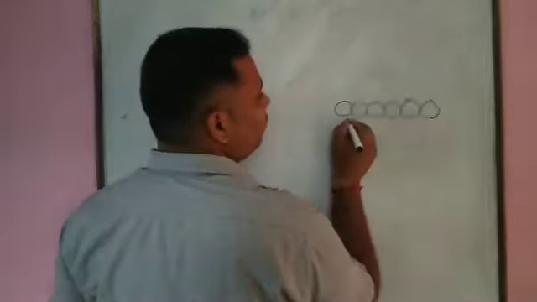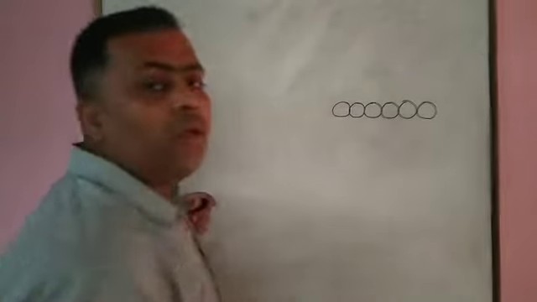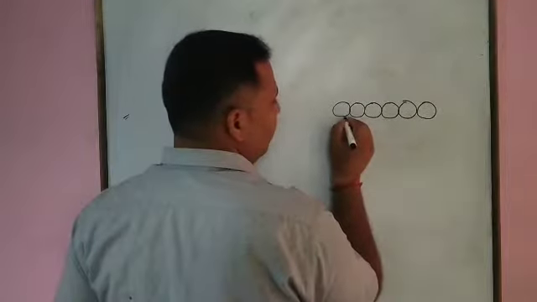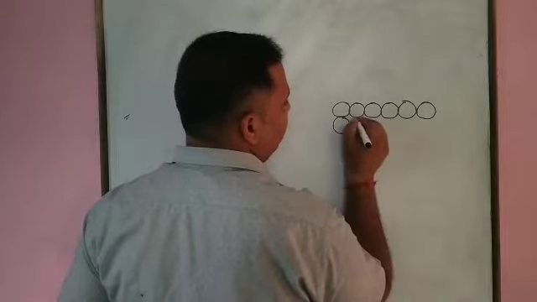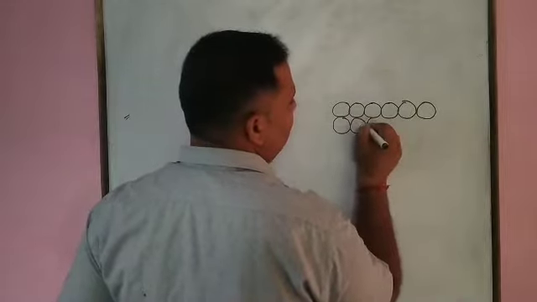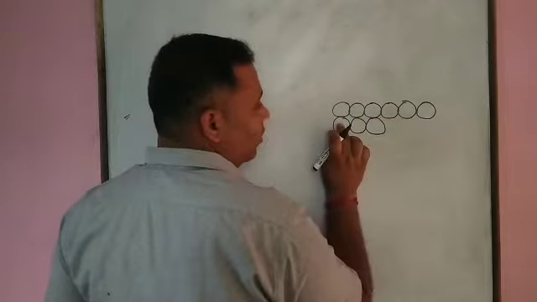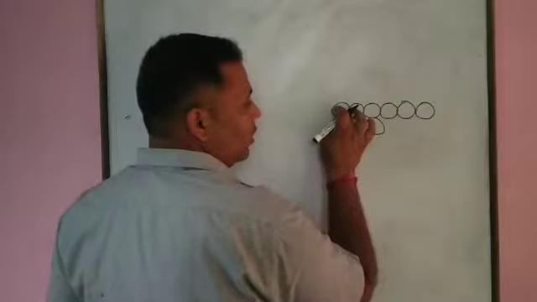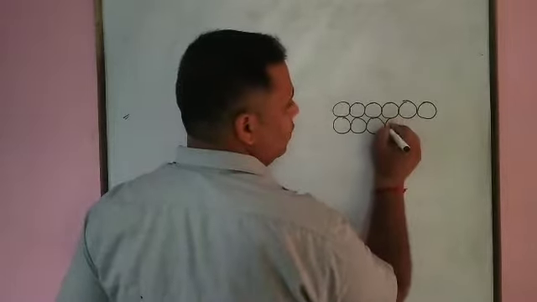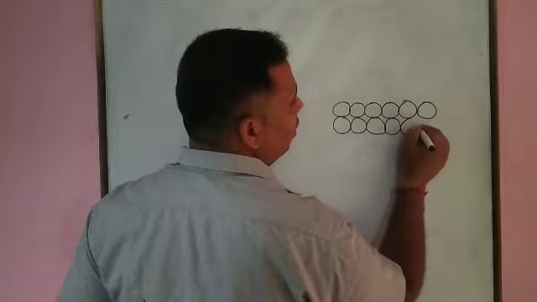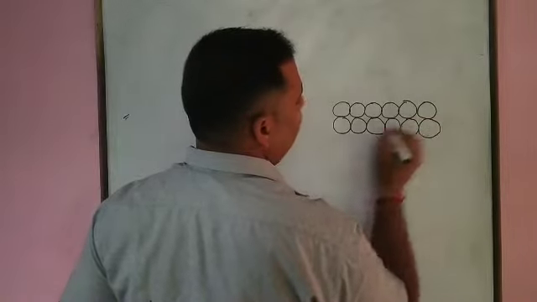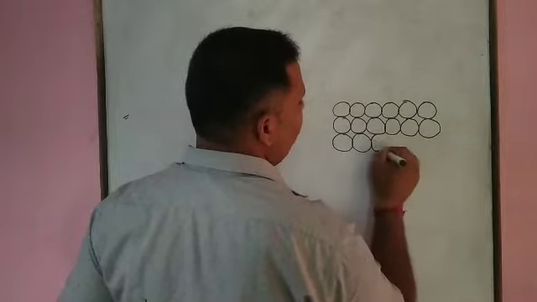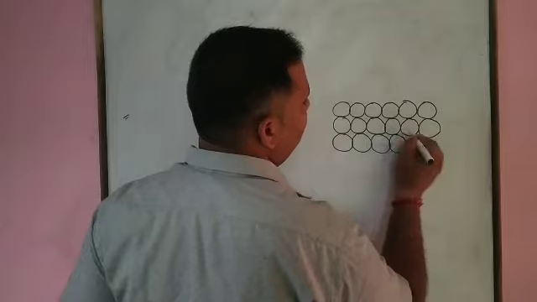Next, if we are discussing the square closed packing in two dimensions, then what do we have? We are going to place the second row in such a way that the second row is aligned to that of the first row. It means it is horizontally aligned. You see here. This shows a square closed packing in two dimensions.